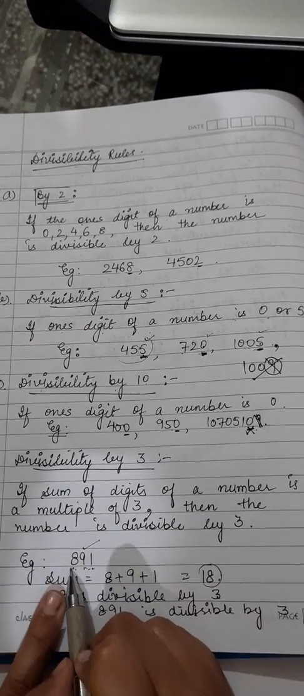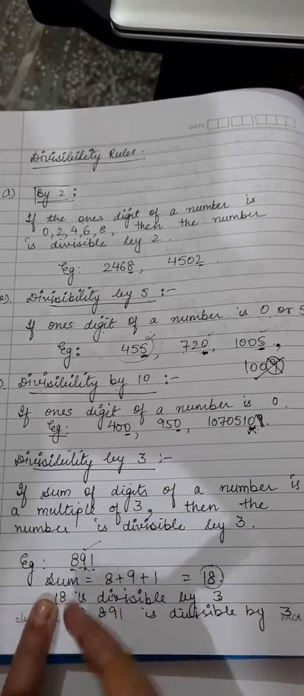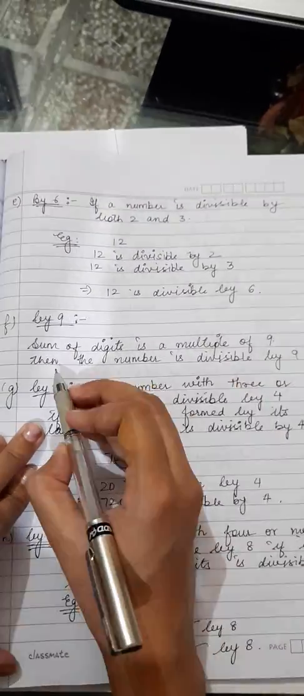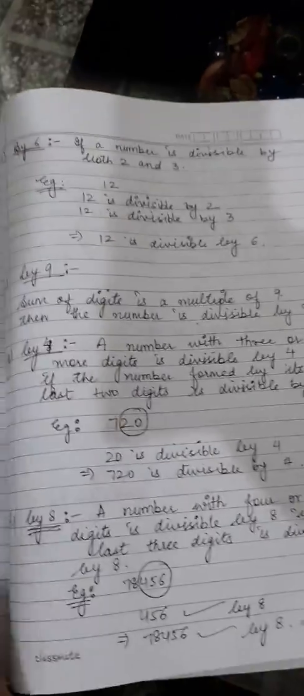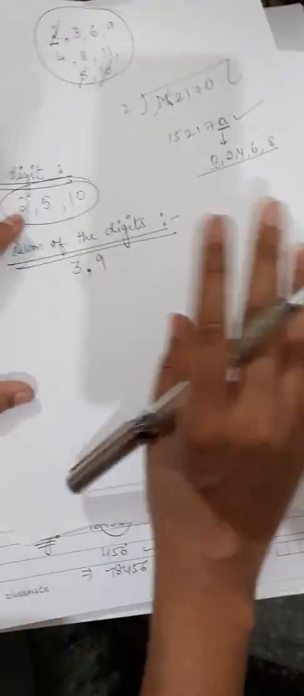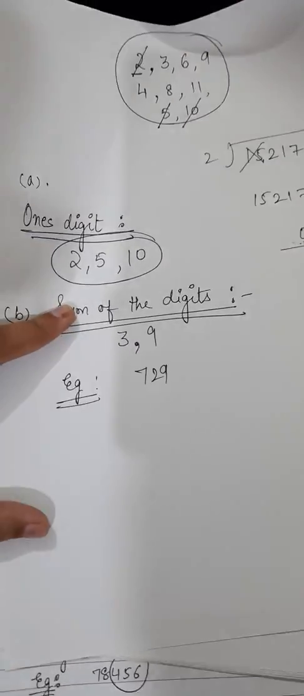You have to do the addition of all the digits, and same is the divisibility rule of 9. Sum of the digits is a multiple of 9, then the number is divisible by 9. So now let us take one example of this for 3 and 9. Let us take an example, 729